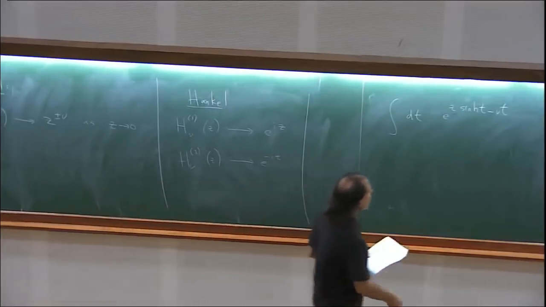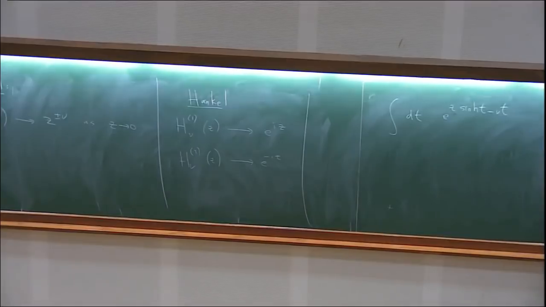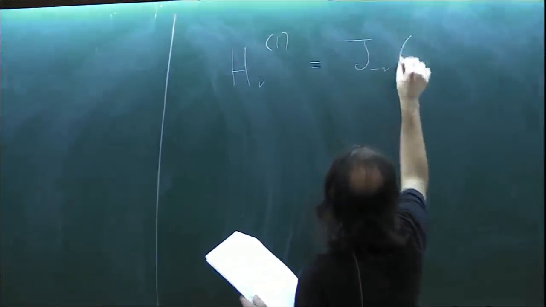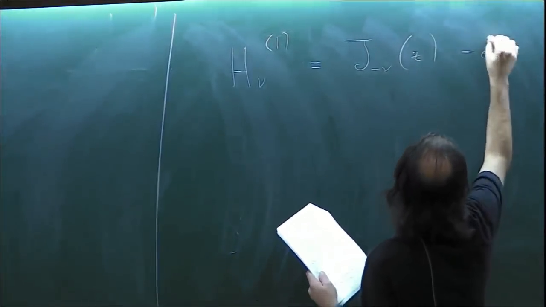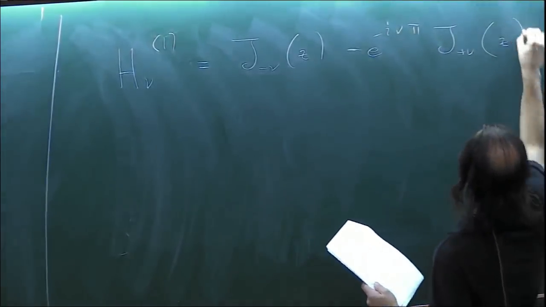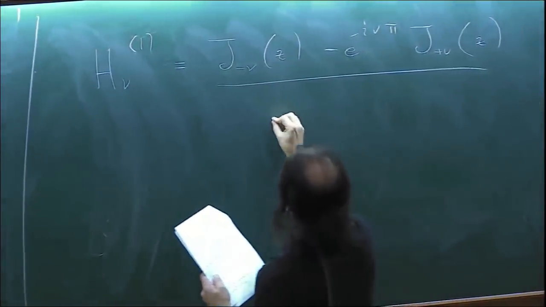So here's the relation between the two solutions. The relation is that H nu 1 is J negative nu of Z minus e to the negative I nu pi J positive nu of Z over